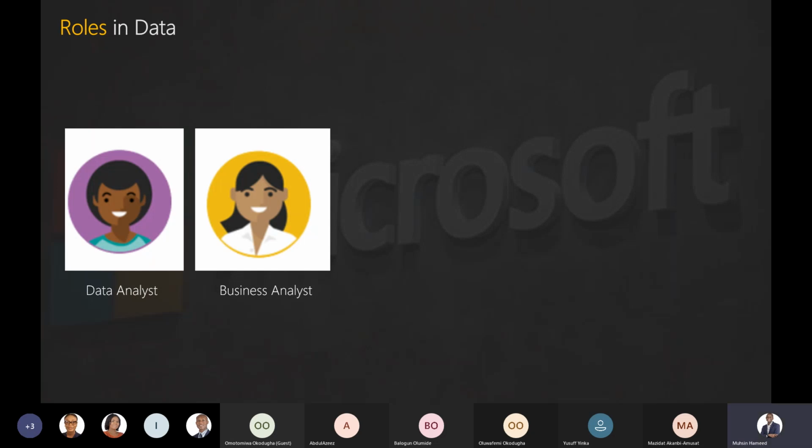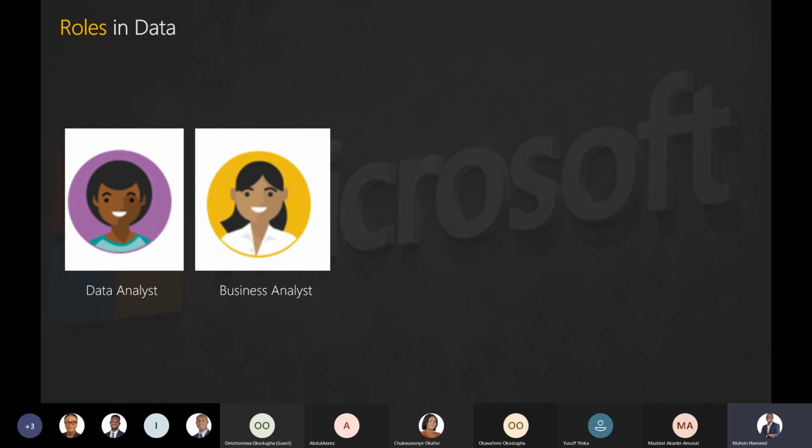But actually, these are nomenclatures too. So you may be taking a data analyst role in some organizations, but they tag you to be a business analyst. So these are not cast in stone, but based on the specificity that we have within the data roles, this should be the situation that we observe in different industries.